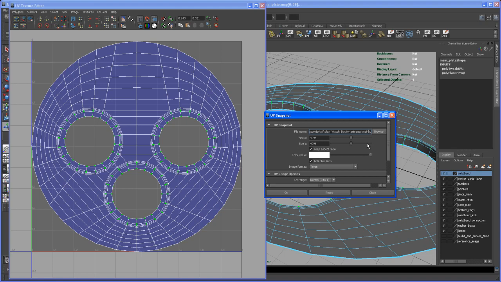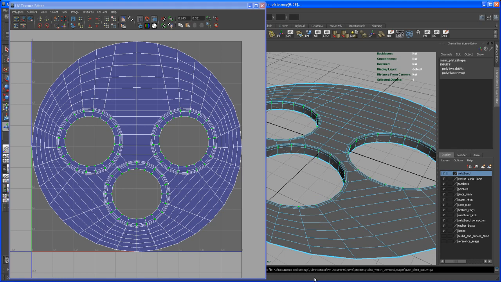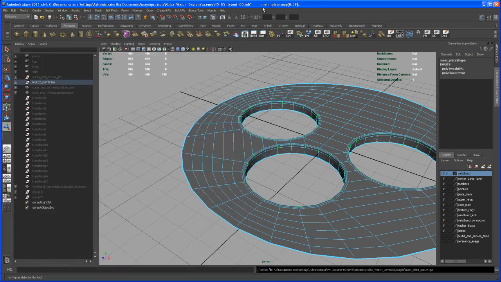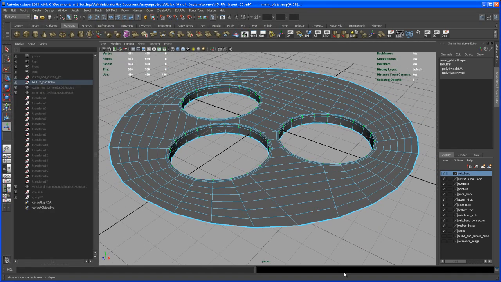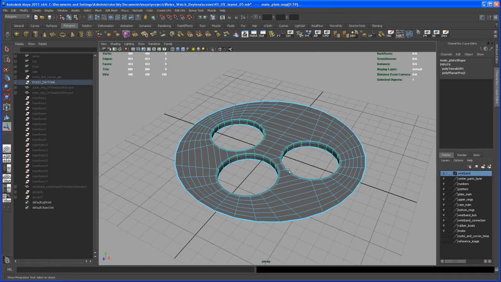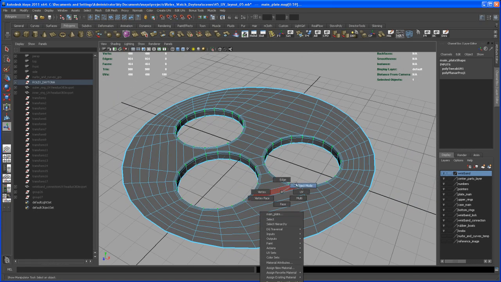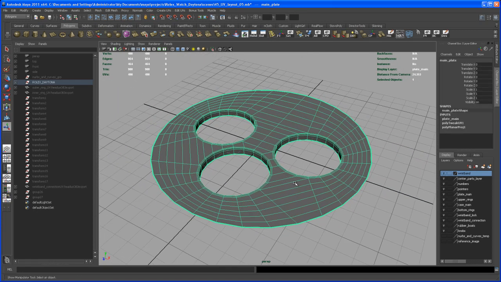I call mine main underscore plate UV or out UV. Let me do another underscore here. And let's save this as a targa and say OK. So there you go. Down here, if I close that up, yeah, we had the message down here that it's saved out. And now what we do is, instead of creating the texture that's on it,